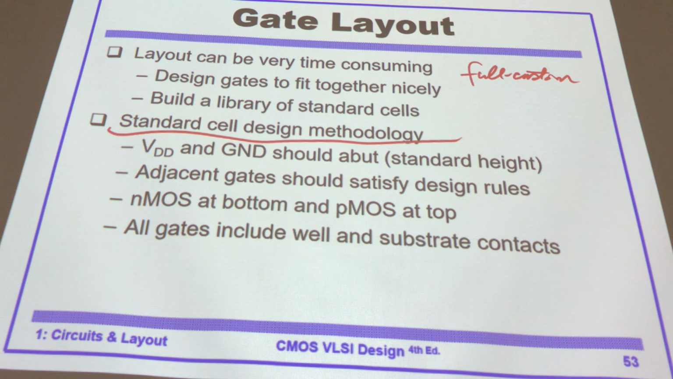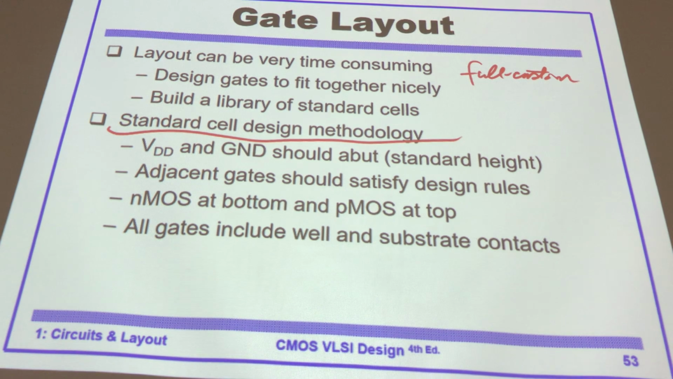我不懂第一点跟第四点的差别。第一点是说这两个要隔一个固定的高度，VDD 跟 GND 要隔一个 height，一个 H。Now all gate include well and substrate contact。所以第一行意思是指 VDD 跟 GND 的距离是固定的。gate 就是塞在那个中间。gate 就是这些东西，这些东西要放在这中间。